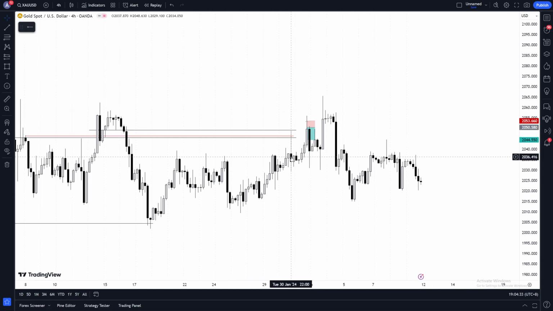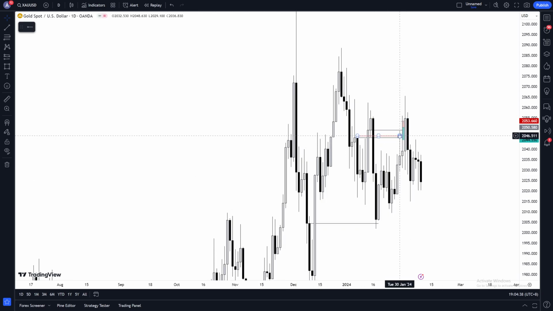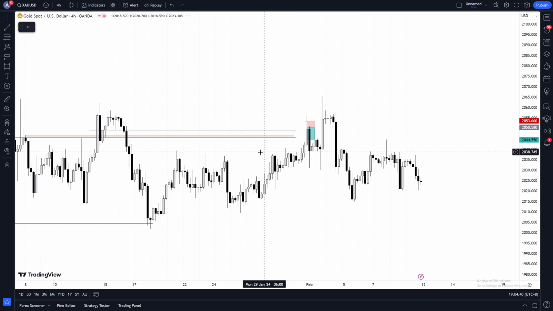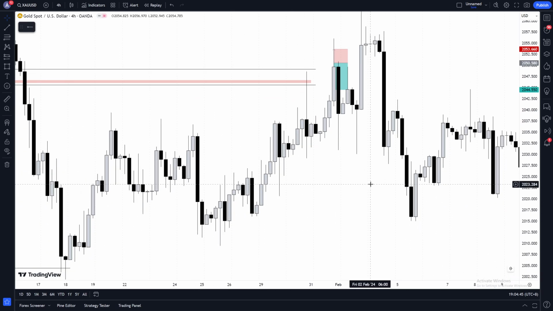If you look at this, we have price coming up. Daily rejects the daily over here, right? If you were to look at this one here. Daily comes up, daily reject daily, but look at the H4. H4 never breaks any structure. Notice, for all of you guys, a lot of you people who have learned from some of these Instagram mentors, these Instagram